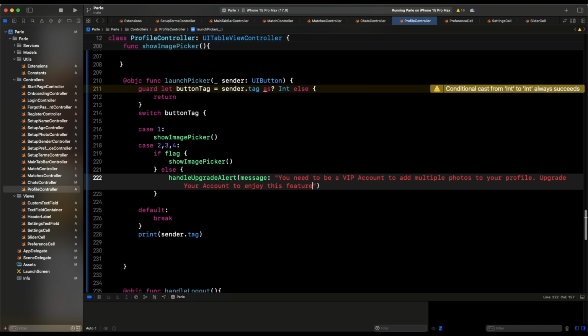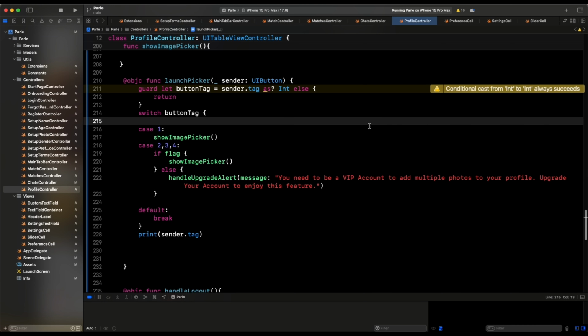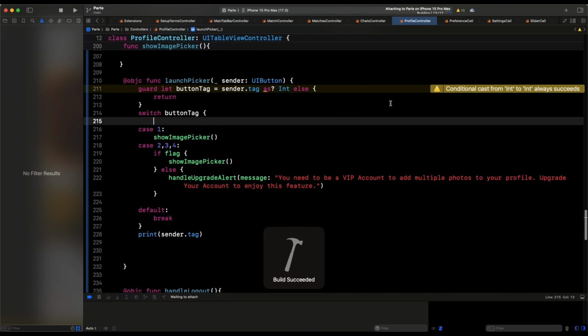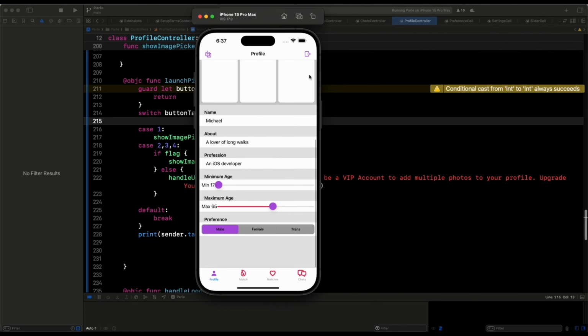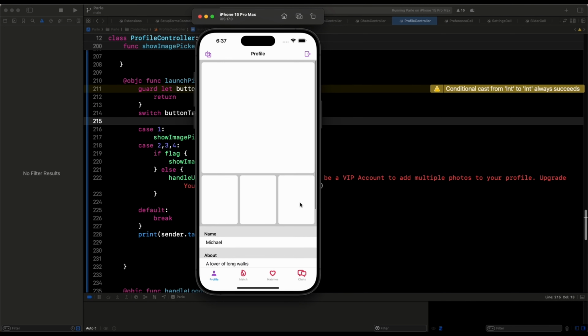So we tell the user that, and it's going to be called if the user picks the other button, the non-avatar button. We want to give them at least one picture, and encourage them to pick the others, right? So let's run this and make sure that this is as it should be. Okay, give it a second, and now we have this here. So let's see this. If we hit this,